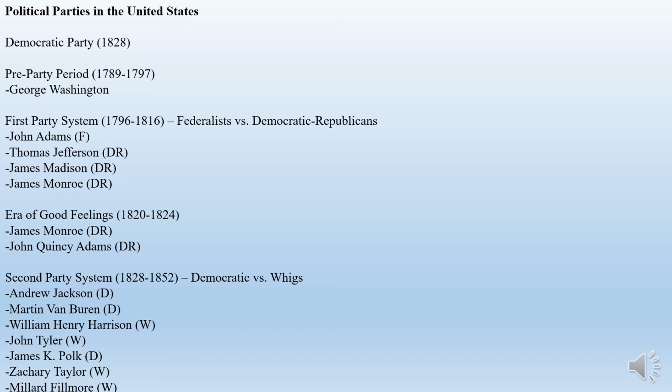So Fillmore, by the way, is the last Whig president. He is also the last person to not be a Republican or Democrat to serve as president of the United States. So 1853, that is the last time we had anyone who was not a Republican or Democrat in the White House.